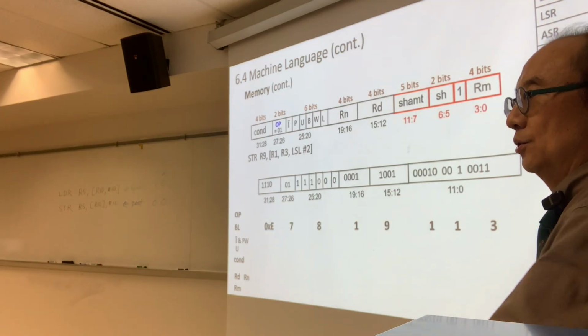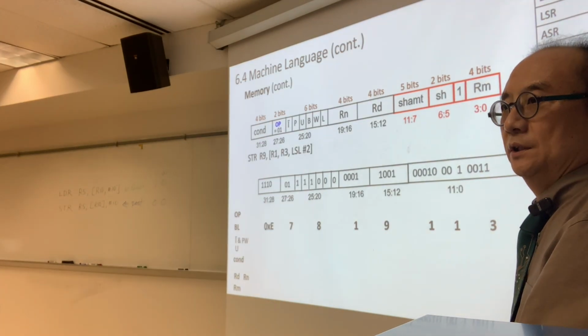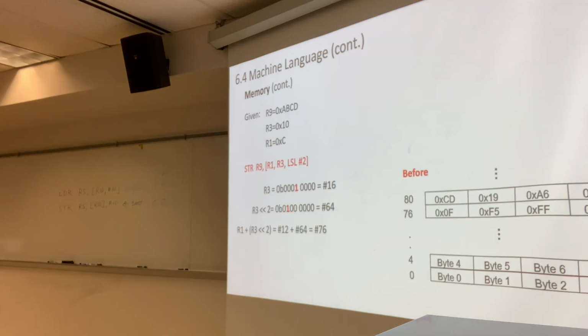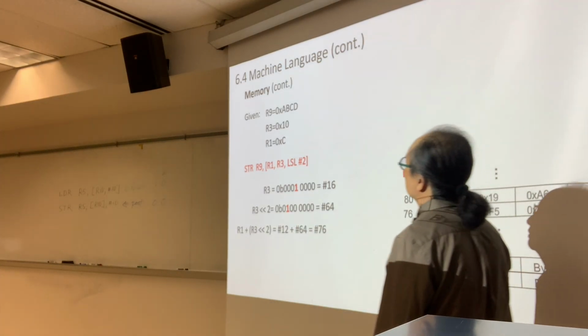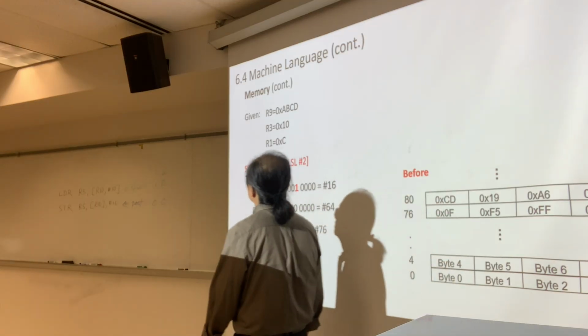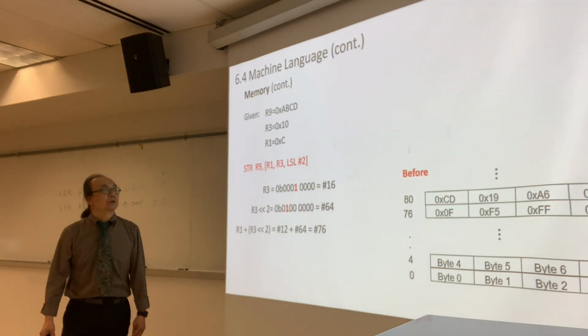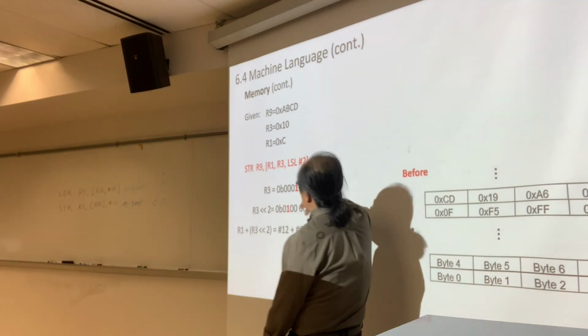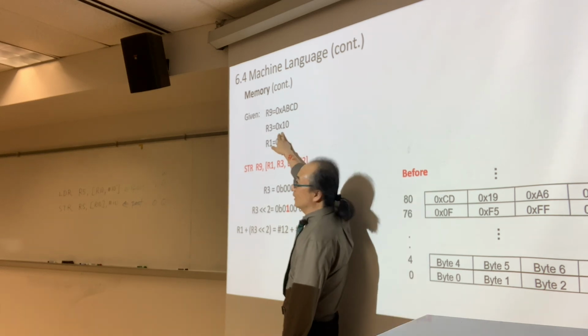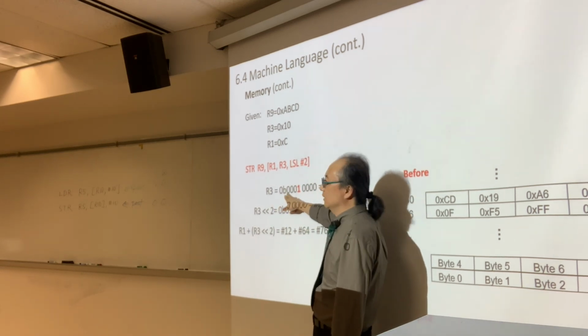Okay, what do we do in this instruction? Store. Let's say R9 is given as 0xABCD. R3 is given 0x10. R1 is also given 0xC. R3 is 0x10, in binary number